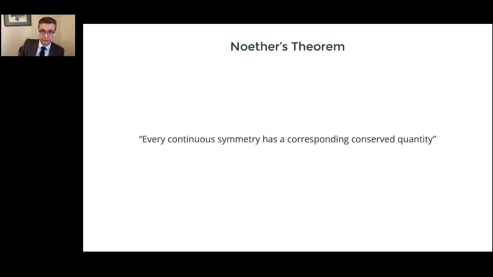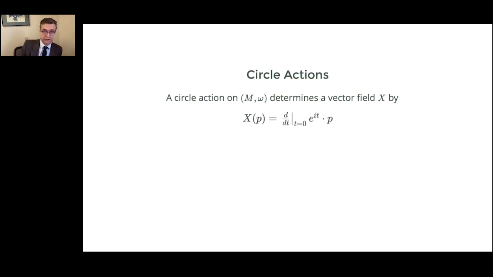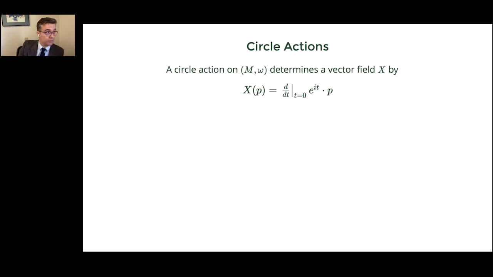What else do you get? I mean, this is sort of related, but this symplectic geometry is sort of the correct setting for Noether's theorem, which again I'm going to sort of gloss as every continuous symmetry has a corresponding conserved quantity. So okay, I have some manifold. Again, I could think of this as a state space or a phase space or a configuration space of some physical system,